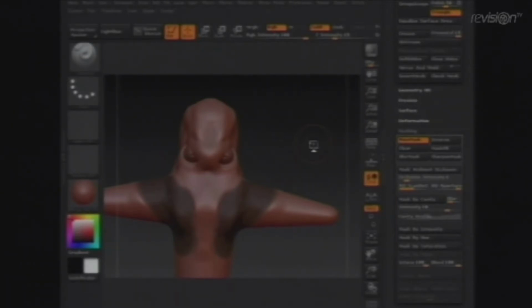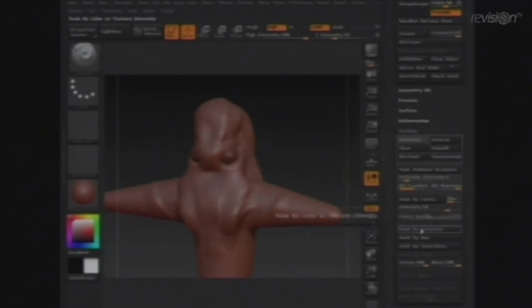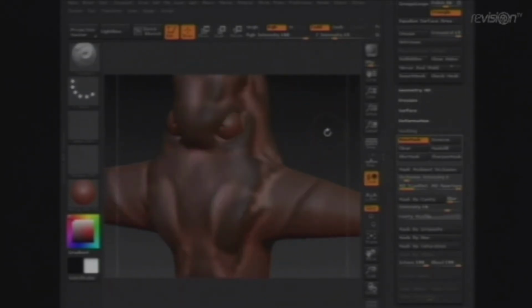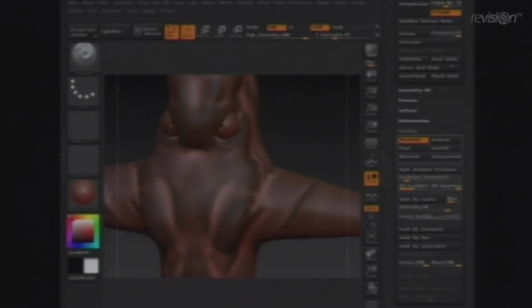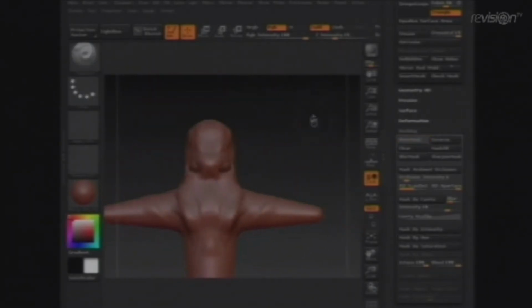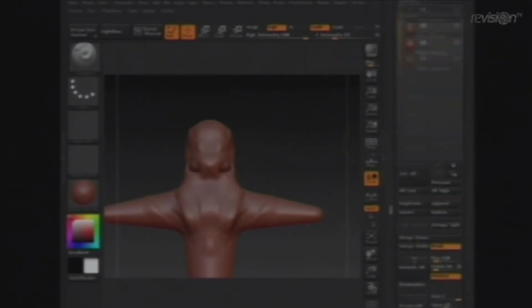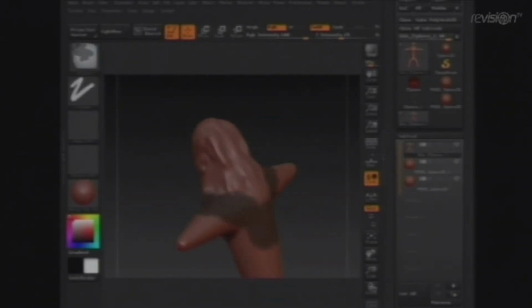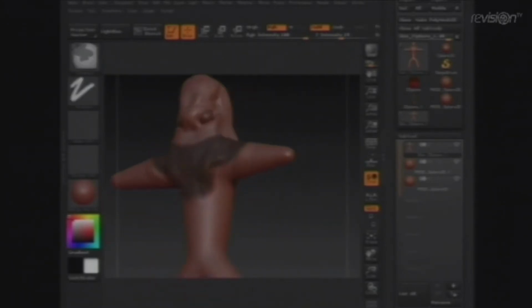Or the areas around it, then you would go into mask by cavity, for example, and then it masks a bumpy surface where physically dust can settle down, right? Then it would mask out these areas, and you can invert these masks and work on these specific areas, right? You can use these masking tools for creating cloth, for example, and I would paint a t-shirt or breastplate or whatever onto this guy,